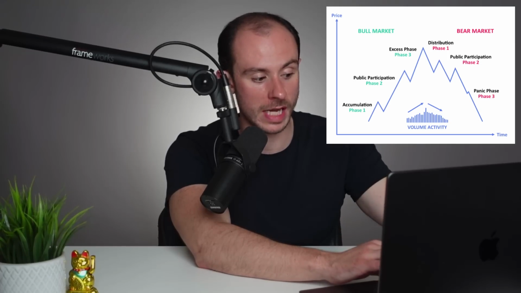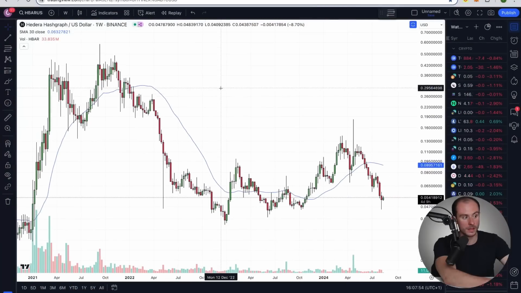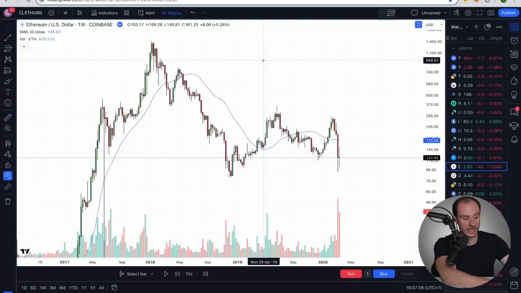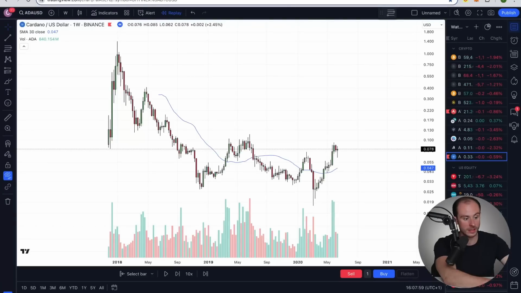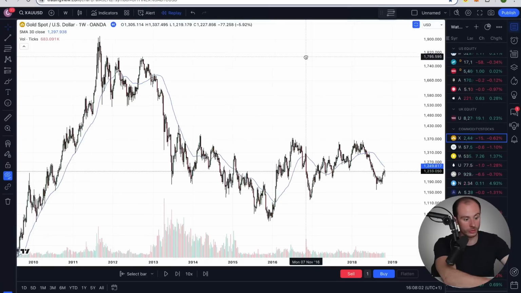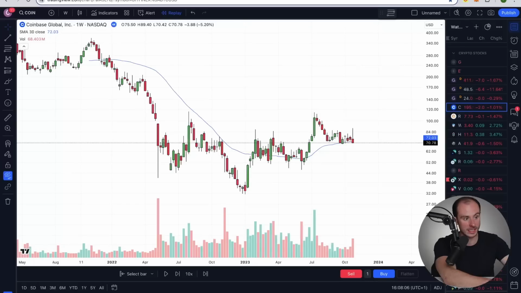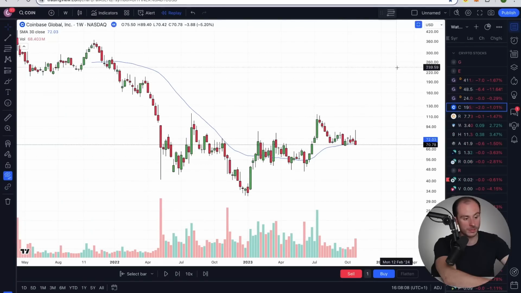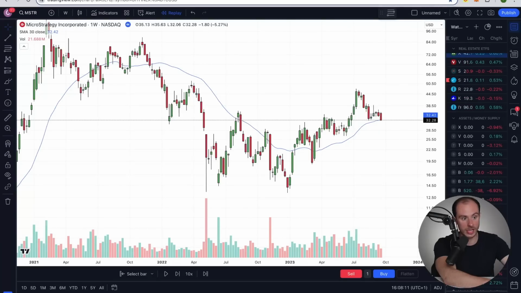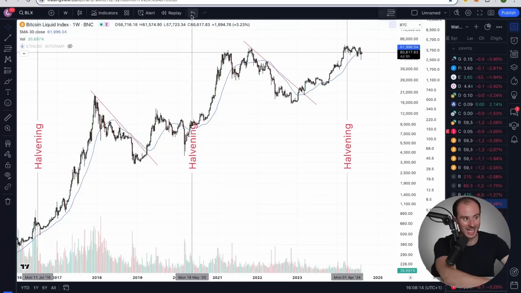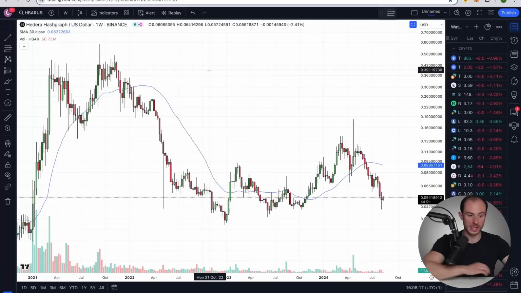And we think, ultimately, HBAR is in this period of accumulation that ultimately is going to lead into that phase 2, which is going to be a significant upside. To go back to the Hedera Hashgraph chart, it very much looks extremely similar to Ethereum back in 2020, Cardano back in 2020, gold back in the 2018, 2019 period. Of course, this is Coinbase before it went on that run that we were predicting, MicroStrategy, and then we're going to talk about BLX and where the cryptocurrency market is cyclically and why actually Hedera is in a great position.